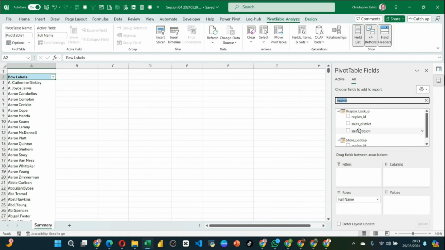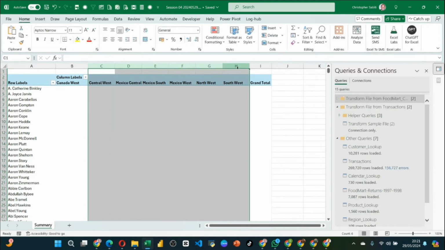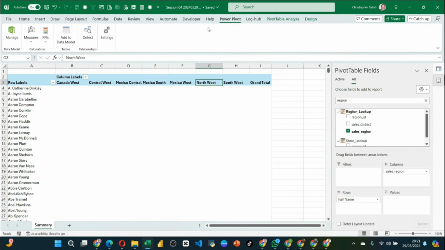So I can put this sales region. So the sales region, I can put it in columns. So these are the sales regions we have. So we have Central, Mexico Central, Mexico South, that. But remember, when you go back to our data model this side,